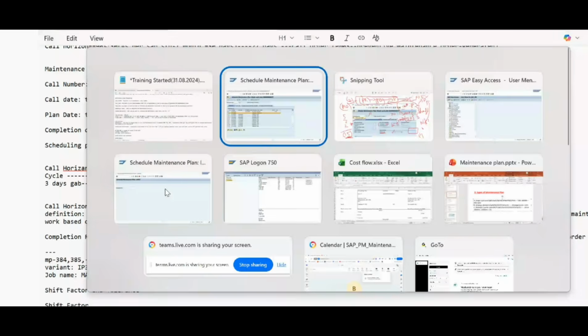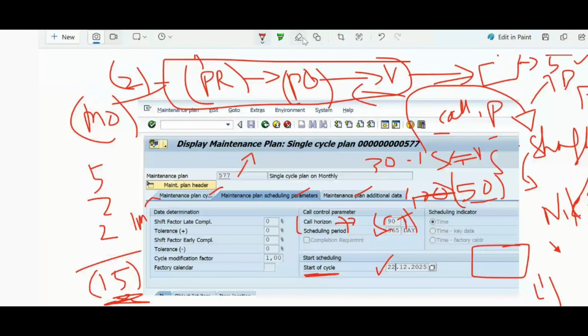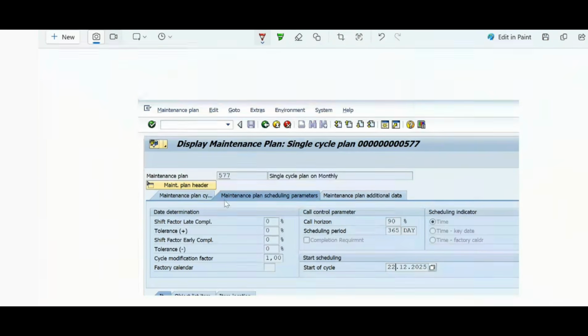ओके, वो लोग डायरेक्ट पूछेंगे। तो देखो भाई, मेंटेनेंस प्लान अभी मैं रन करता हूँ तो टेस्टिंग करेंगे। देखो, मेंटेनेंस प्लान को मैंने 2 मंथ किया है, और कॉल ओरिजिन 90% रखूँगा, शेड्यूल पीरियड 365 रखूँगा, और स्टार्ट ऑफ साइकिल आज से शेड्यूल करूँगा। तो मुझे बताओ प्लान डेट कब होता है और कॉल डेट कब होता है। पहले प्लान डेट, उसके बाद कॉल डेट। इंटरव्यू में पूछेंगे। तो थोड़ा माइंड से कैलकुलेशन करना है। 2 मंथ के लिए मैंने क्या बताया था,